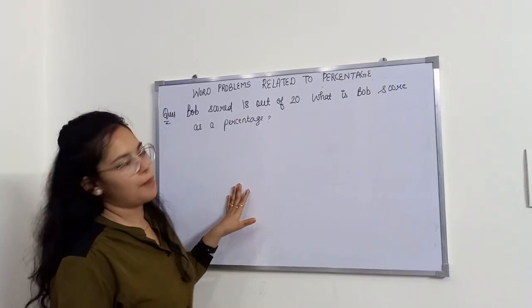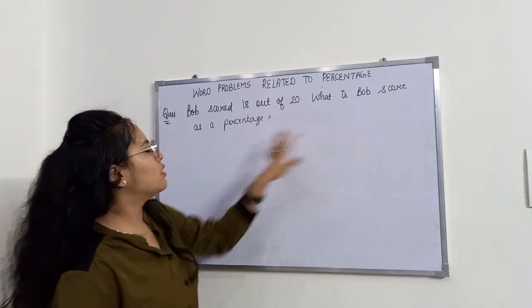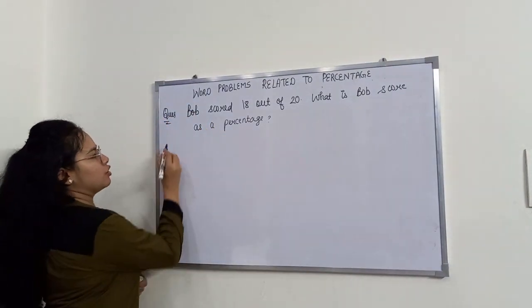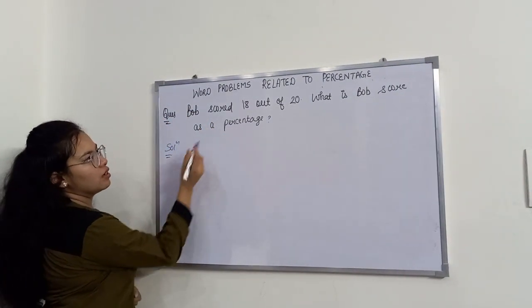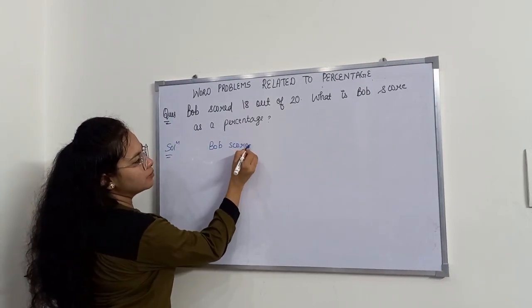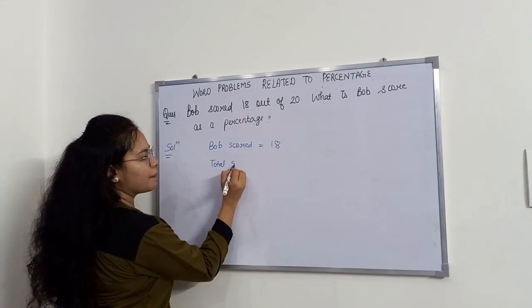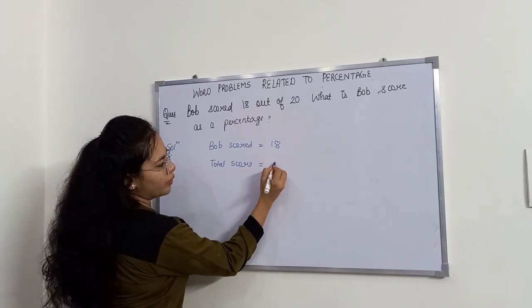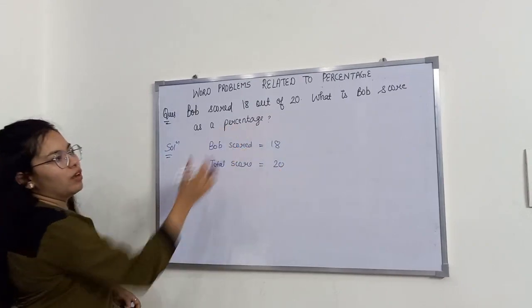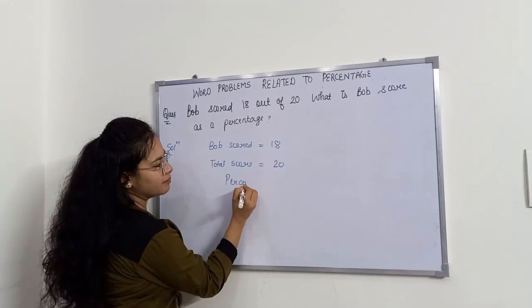Let's discuss this example. Bob scored 18 out of 20. So what is Bob's score as a percentage? Bob scored 18 and the total score is 20. So we need to find the score in percentage. The formula of percentage is